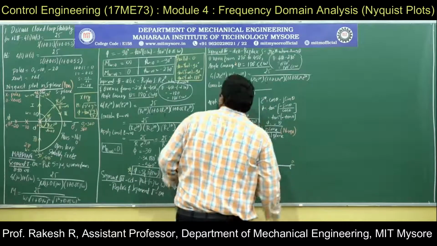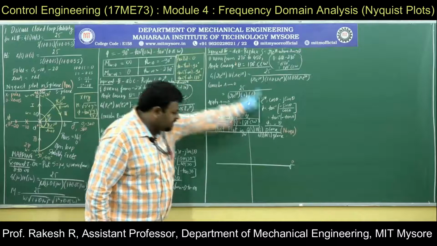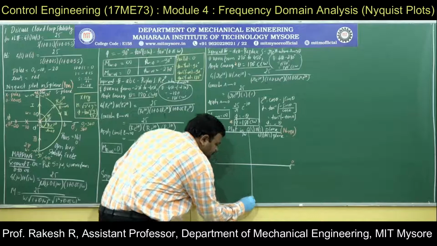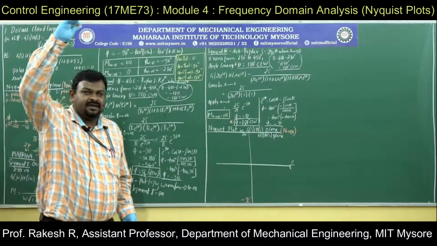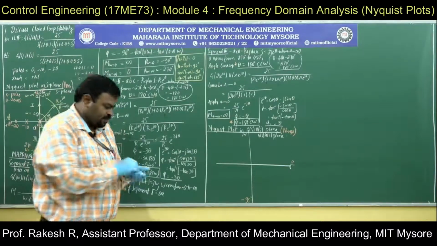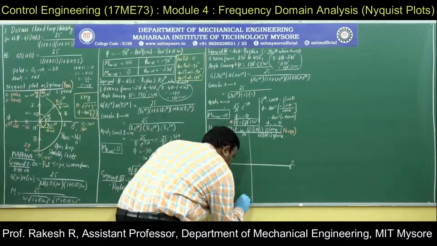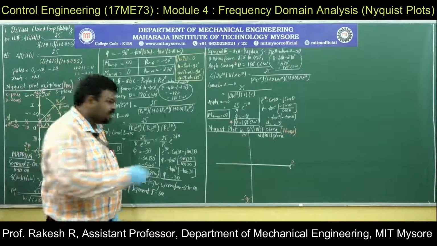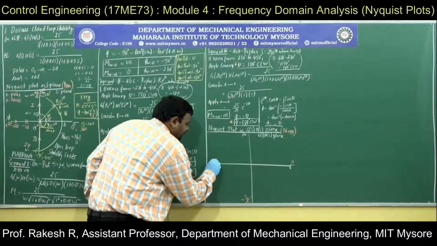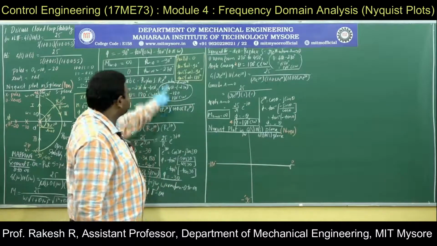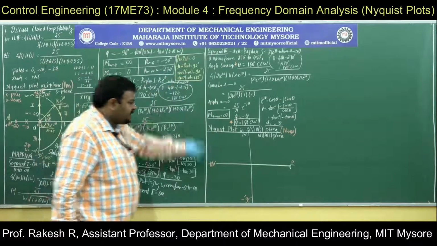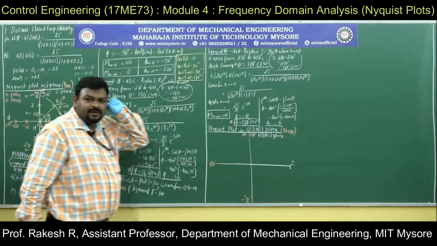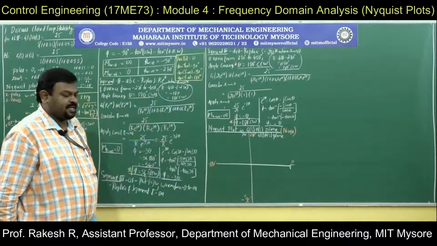So at 0, what is the first thing? It is minus 90 degree. Minus 90 degree means you have to go clockwise. This is 0, this is minus 90. So it is coming infinitely from minus 90. So I will be writing like this. This is the first segment. Then that data is not sufficient for me. This is minus 180. Where will it stop? It will stop at minus 270 degree, at the pole, or at the origin, we can say.